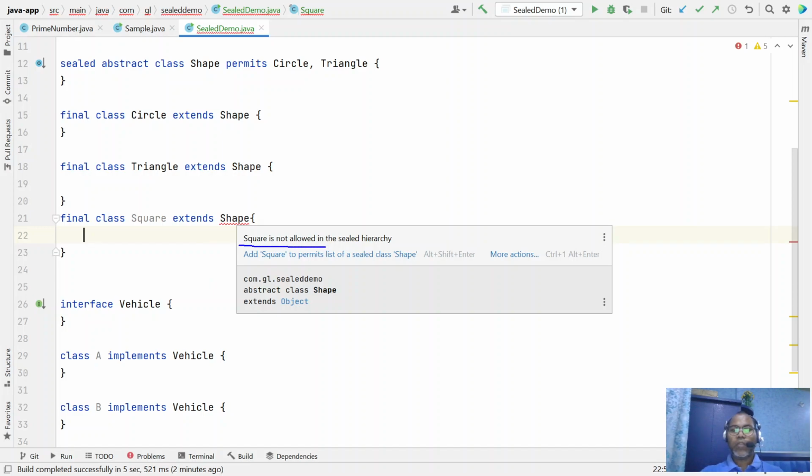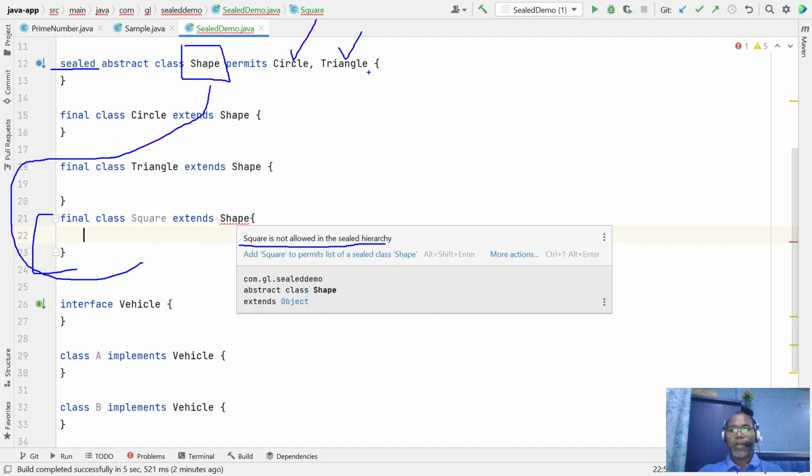Square is not allowable in the sealed hierarchy. In the sealed hierarchy, your Shape class permits only the direct subclasses Circle or Triangle. If anyone wants to add a new subclass, that isn't allowed. First you request your interface provider, please permit me. If they permit you, then you are able to add the subclass.